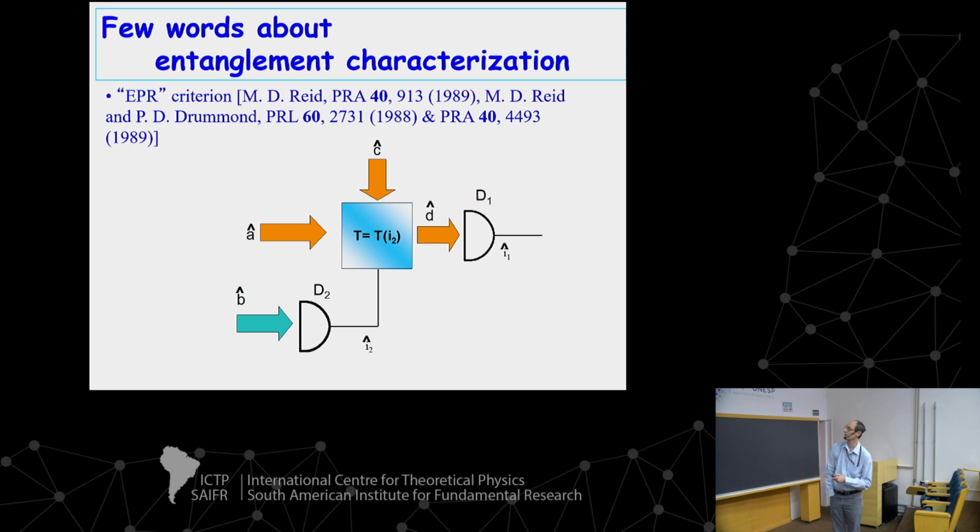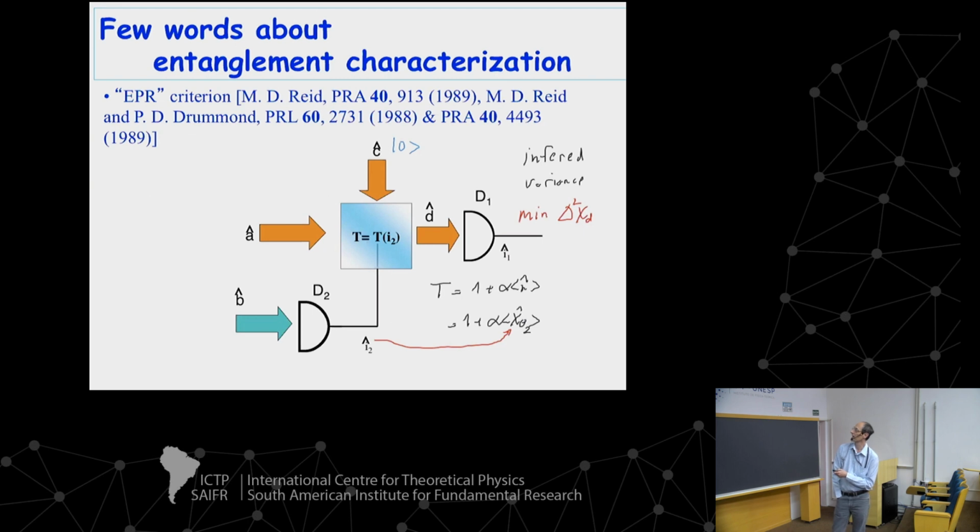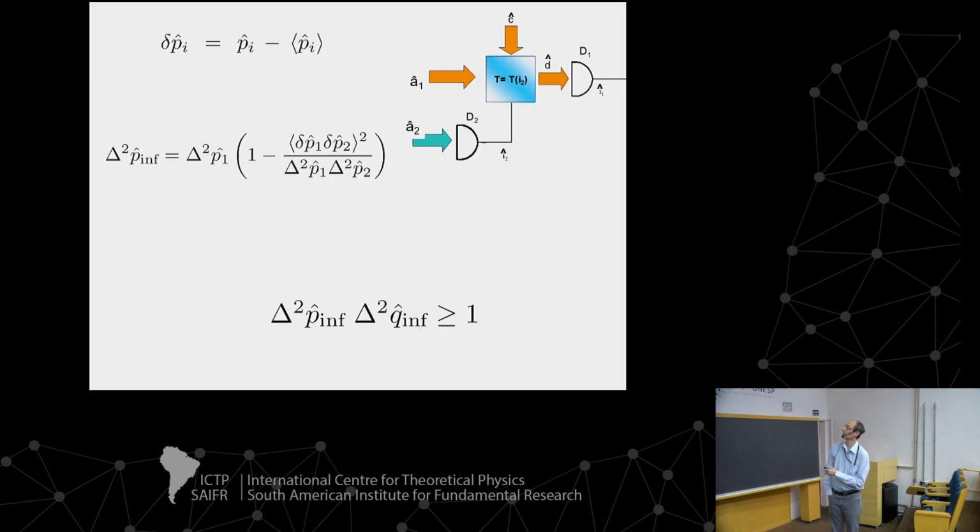So with this processing, when you make the calculations to optimize that, you can get what is called the inferred variance. You can get a reduction of the noise here by compensating with the correlations. You can make, for instance, a variable beam splitter here, giving you some attenuation. Making the calculations, that's the inferred variance, and they say that you have entanglement, EPR type, if this inequality is